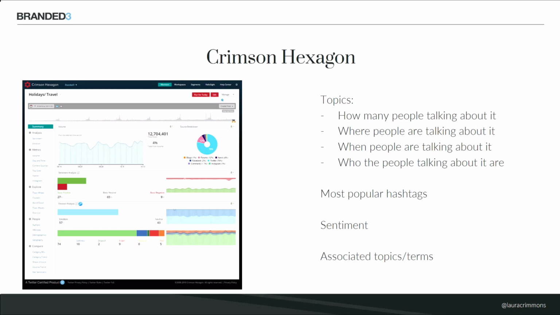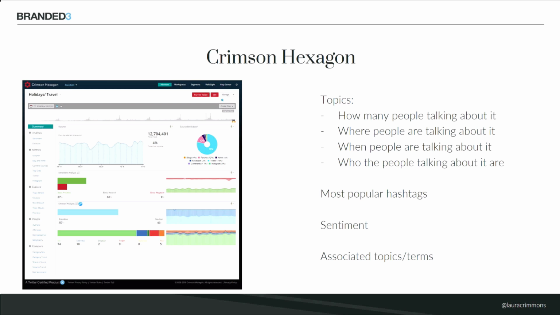When people are talking about it, so looking at the spikes around the various stories that break out, the things that are featured in the press, how they spike in terms of mentions, also the official things like the debates that take place, and really who the people are that are talking about it. So who is in terms of age, gender, geographic location, all that kind of data can be really useful. We can also then look at what platform they're talking about it on. Is it more popular on Twitter or Instagram or Tumblr, forums, that kind of thing. And most popular hashtags also can be really useful to look at.